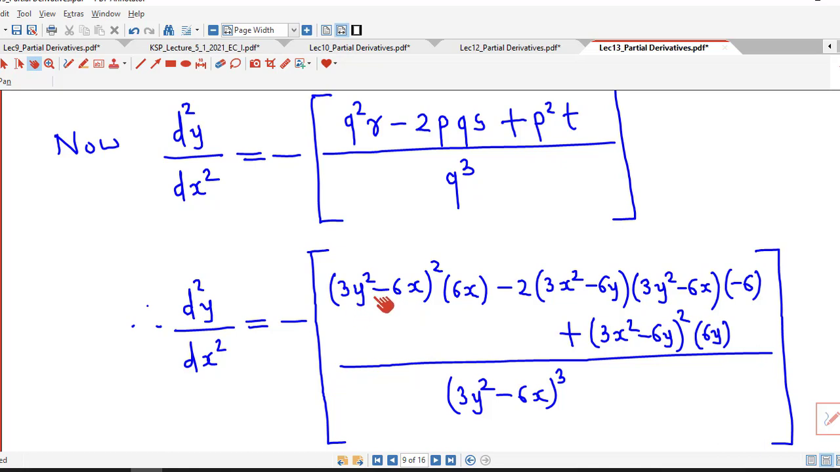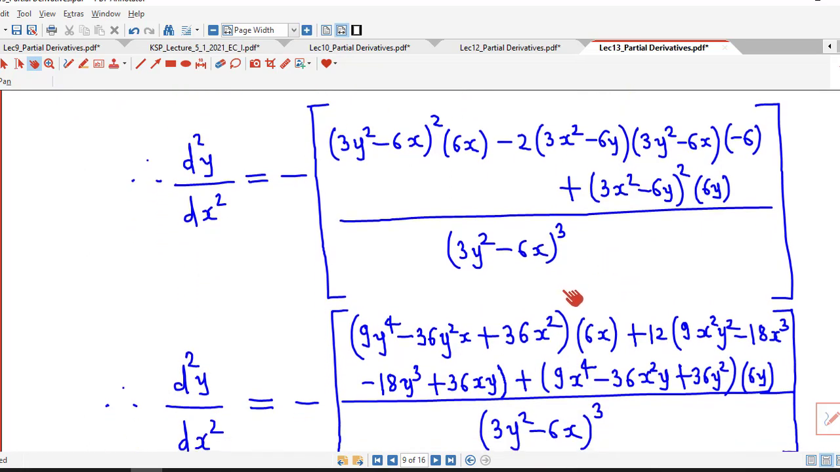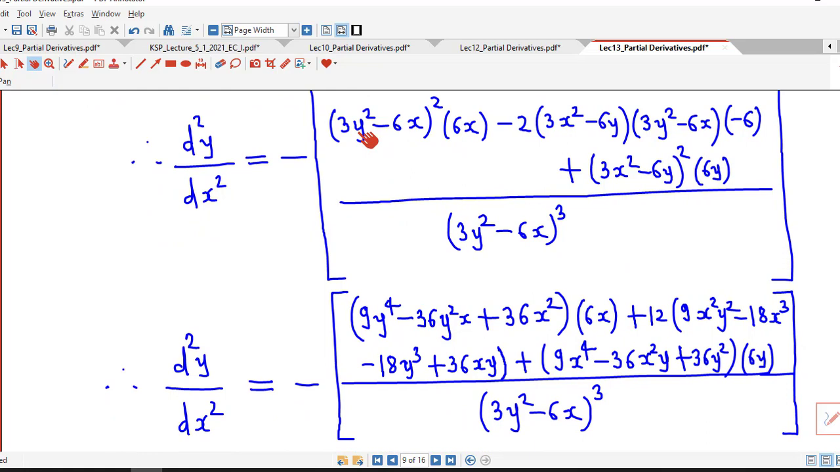Now we simplify each of the terms. We expand this using the formula for (a minus b) square. We multiply these two, and here we will have minus 2 into minus 6, that is 12, and we expand this square also. If we square this, it is 9y raised to 4 minus 2 into 3 into 6, which is minus 36y square x, plus 36x square. This is minus 2 into minus 6, 12, 3x square into 3y square, that is 9x square y square, minus